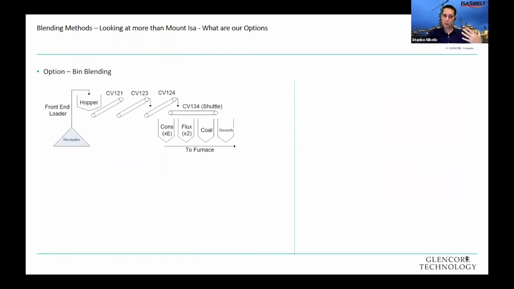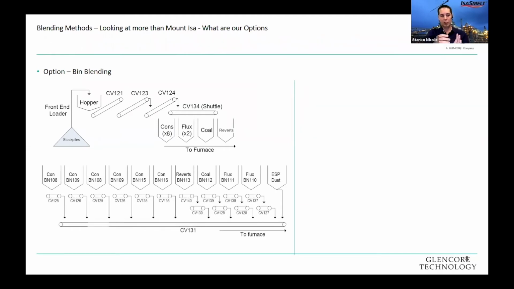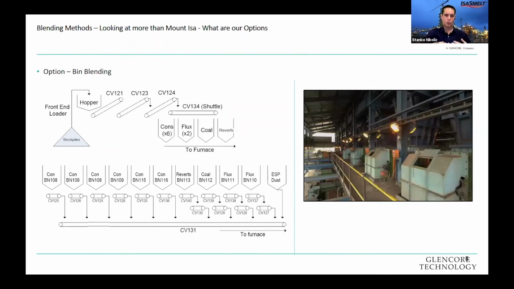The other option that is also possible is to look at actually filling multiple bins. So this is what's present on a number of other sites. This is probably more common for custom smelters, where they have a number of different concentrate bins. In this case, in this smelter, there's 6 of them, which can then be filled with different concentrates in the actual bins themselves. So when you look at how blending is actually performed in this case, in the previous case, we loaded the concentrates at different points in time, creating these layers, and therefore cut one smooth composition through the 10,000 ton